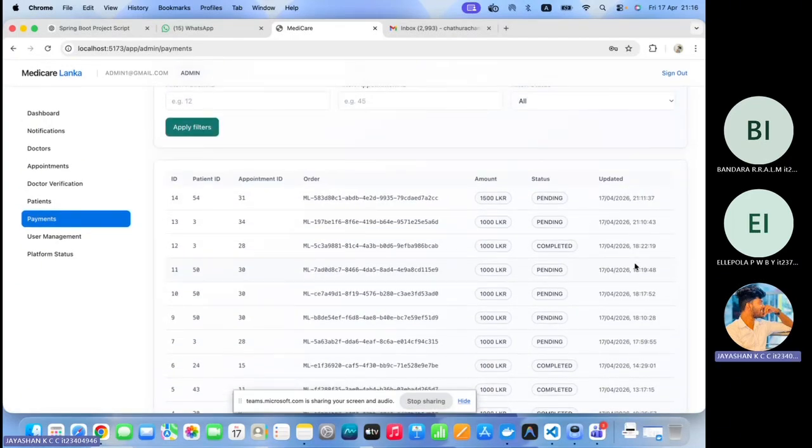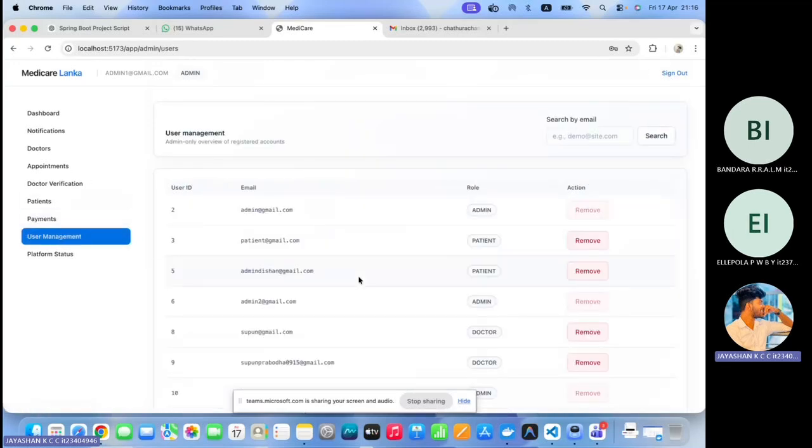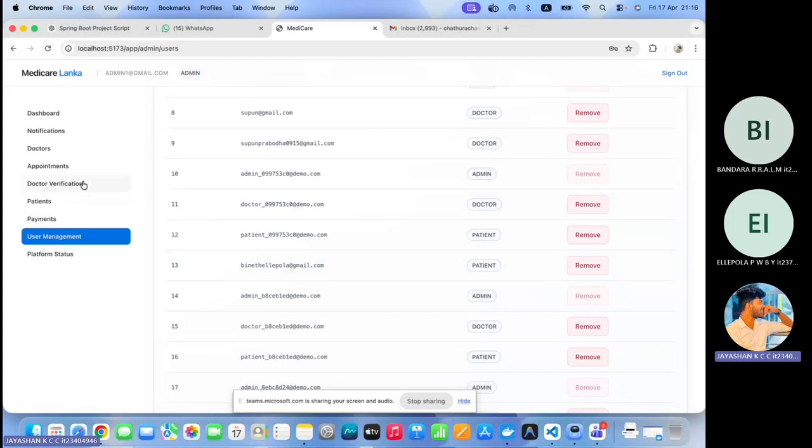Admin can track payment status to ensure transactions are properly recorded and managed within the system. Finally, I included a report generation feature, which allows the admin to access reports related to the patient and the system usage. Okay, here in the user management system section,